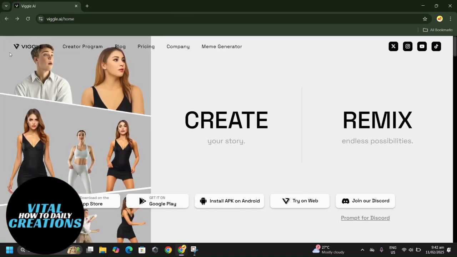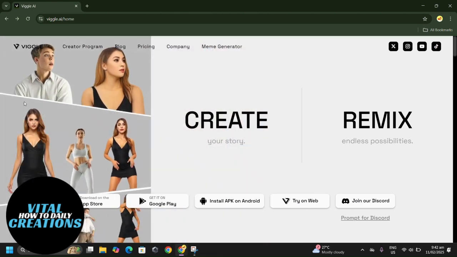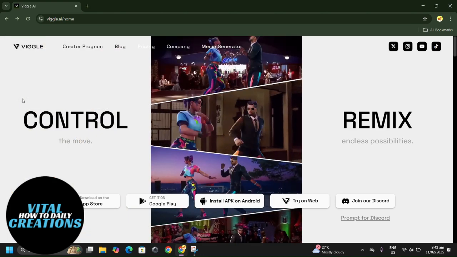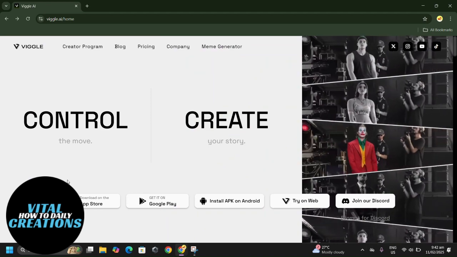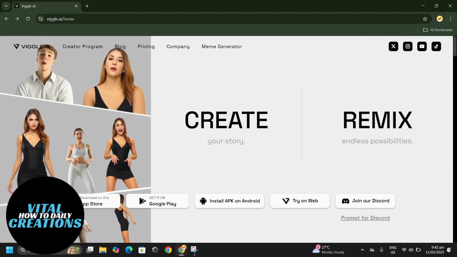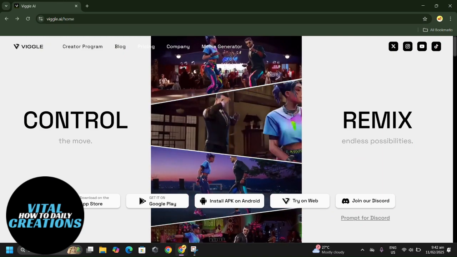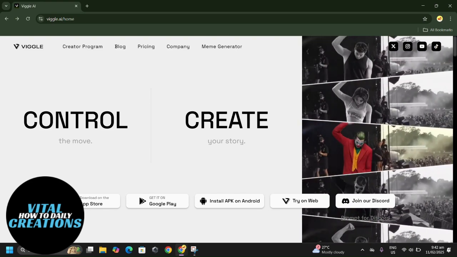So next, if you don't want to pay for a premium subscription, another simple trick is cropping out the watermark or blurring it using a video editor. Most watermarks in Vigal AI are placed at the edges of the video, so you can use a tool like CapCut, Adobe Premiere Pro, or VN Editor to crop out the portion of the screen. If cropping isn't an option, you can use a blur effect or overlay a logo in its place to make the watermark less noticeable.